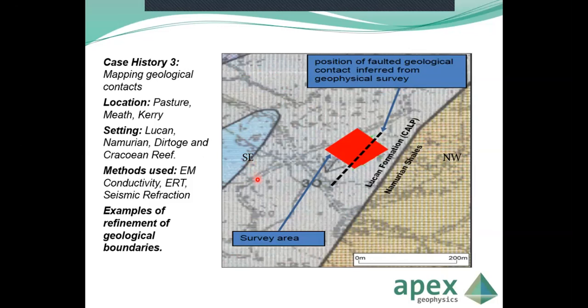The next case history is a mapping of geological boundaries. You know, the geological maps are based on interpolation between available outcrop, and in some cases, and especially in the Midlands, outcrop density can be sparse. So there's always an issue with the exact location of boundaries. I mean, the maps are very good on a regional scale, but this is an example of a site where further information was required, and a number of resistivity profiles were recorded in